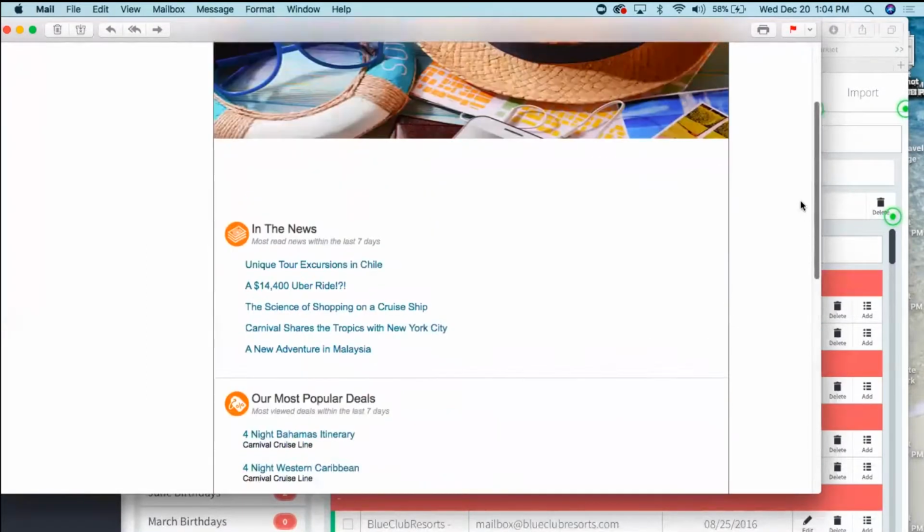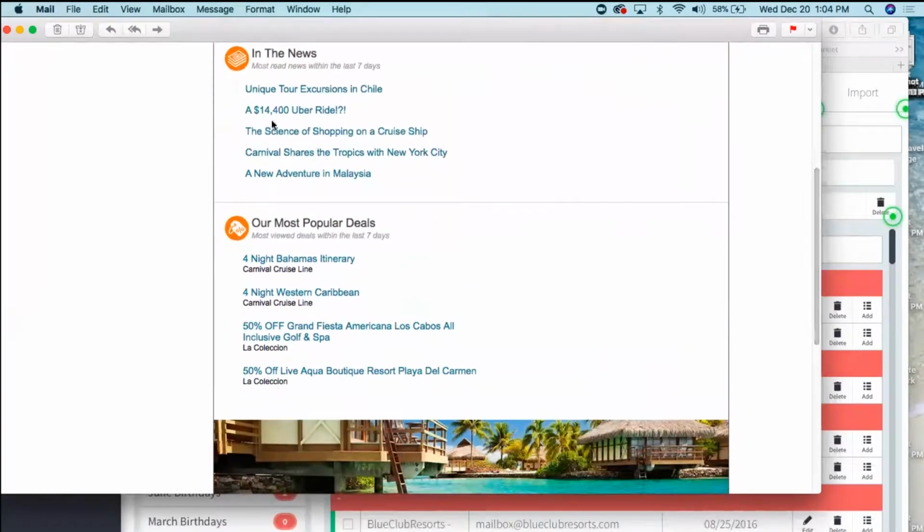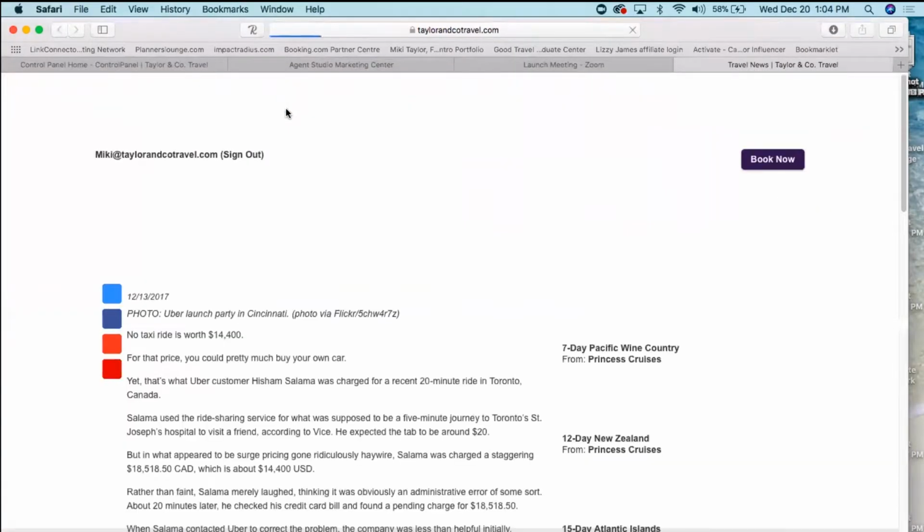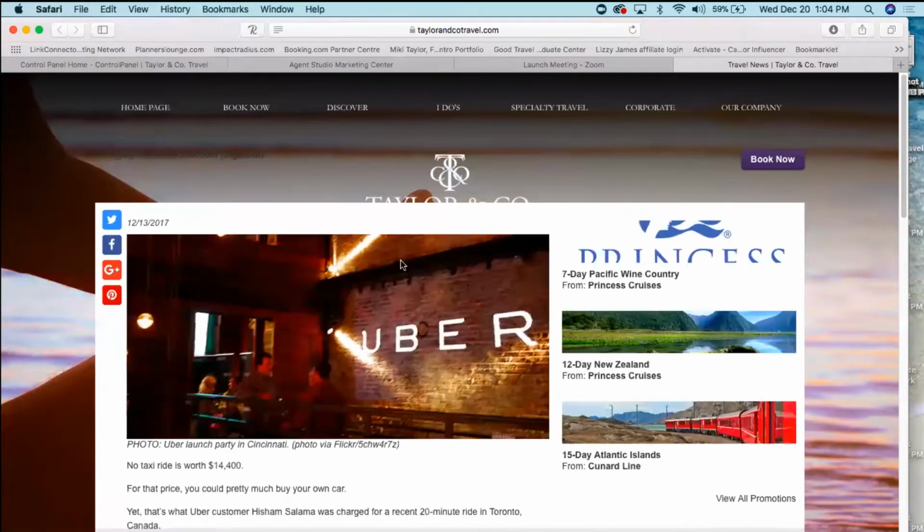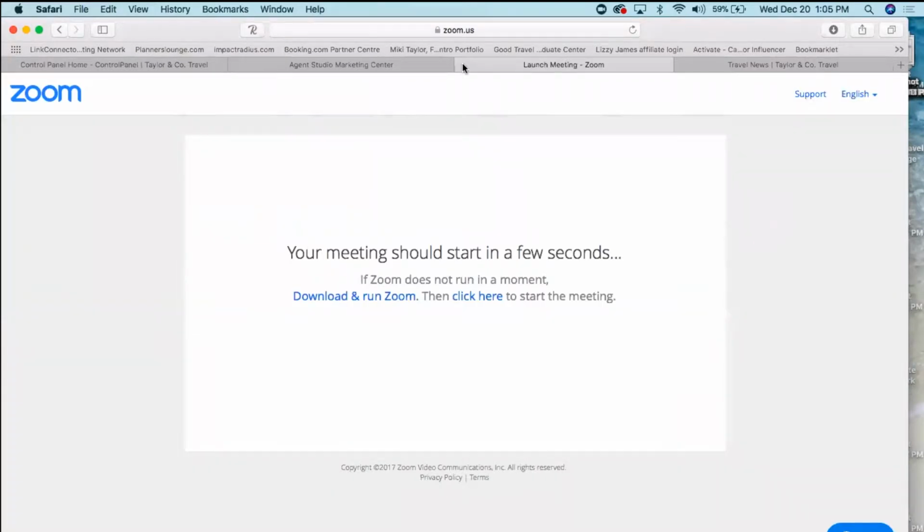Okay, every time something is clicked in these newsletters, it takes them right back to your website. So not only is this driving traffic back to your website, it's also being done for you basically for free. So if you don't have your contacts uploaded into the Marketing Center, like I said, I strongly suggest that